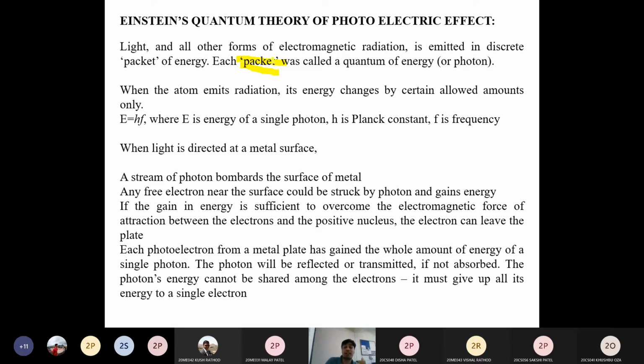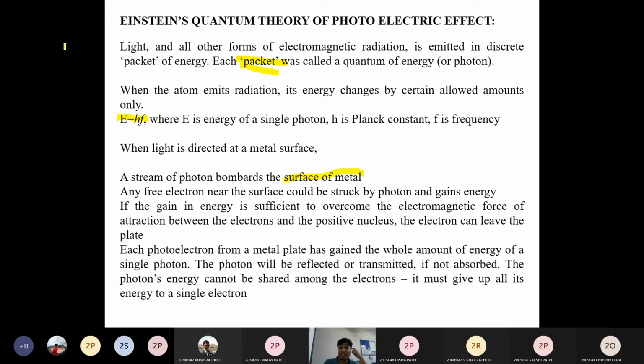all the electromagnetic waves. And this wave packet or this energy depends on what? Depends on different materials or the surface of the matter. That is, it depends on the surface of the matter. So for each metal, it requires a different energy. For each metal, it requires different energy. And that energy, we can calculate with the help of this equation.